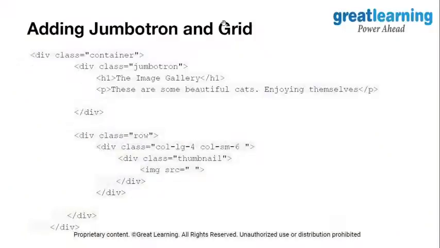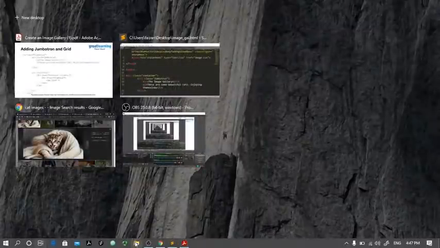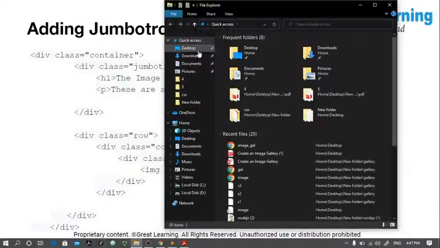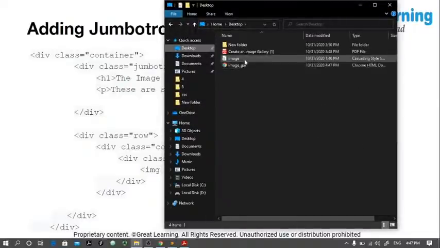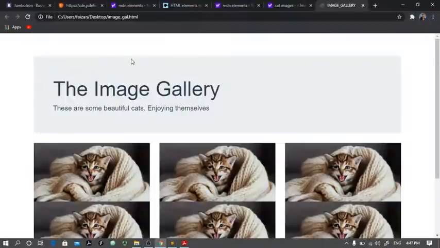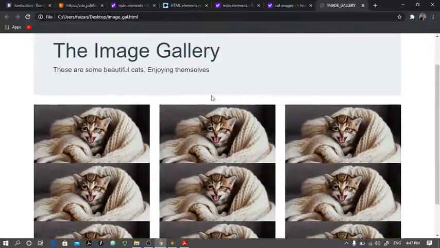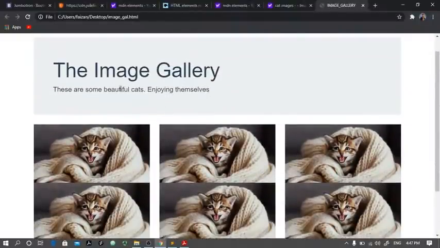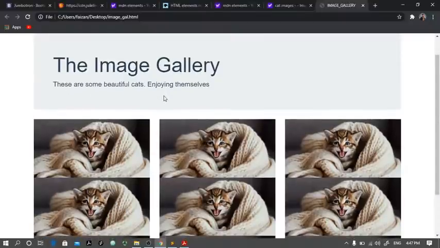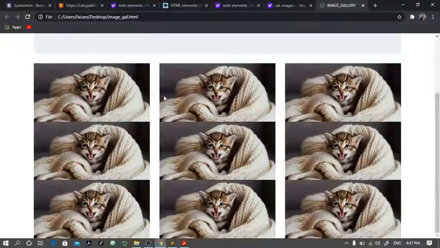Now finally let's give our first shot at running this website. So where was it? It will be on the desktop, and let me just double click on image gallery. Okay, so this is how it looks. This is our marketing message, the image gallery. These are some beautiful cats enjoying themselves. We have only one cat, but I have added it several times. Now you see this padding, all those things are done with the help of your